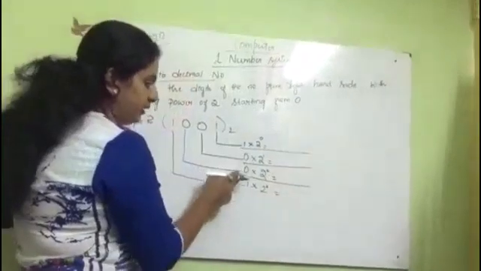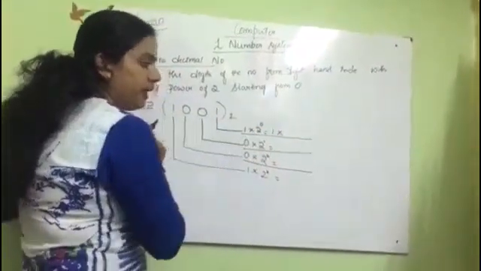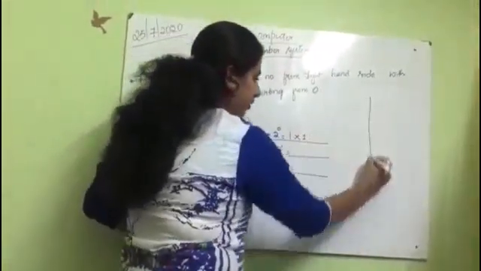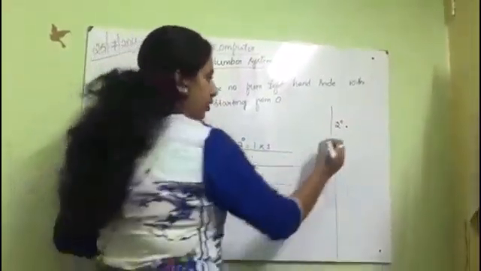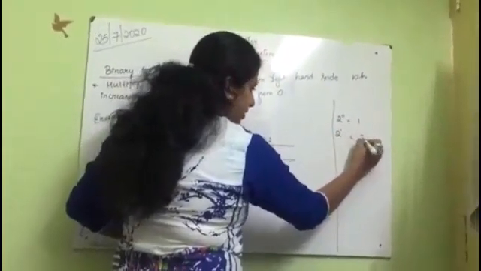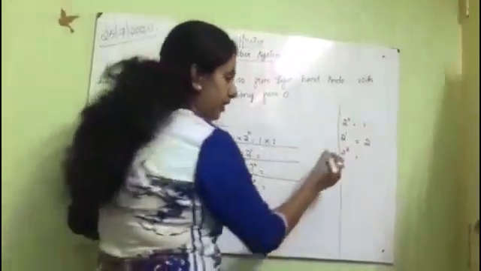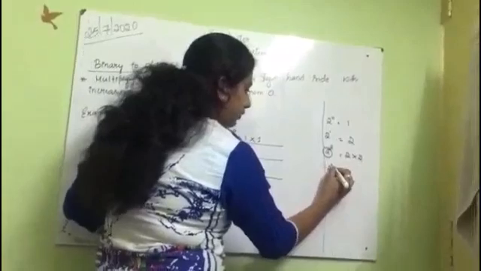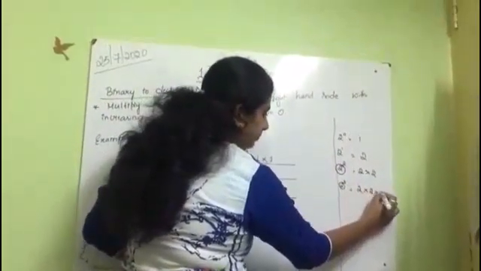Is equal to, see, write the numbers as it is. 1 into, what I told, anything to the power of 0 is always 1. I'll show you once again here. 2 to the power of 0, any number to the power of 0 will always be 1. Any number to the power of 1, the number remains as it is. 2 to the power of 2 means we need to multiply the given number how many times? 2 times. If it is 2 to the power of 3, we have to multiply the given number 3 times.